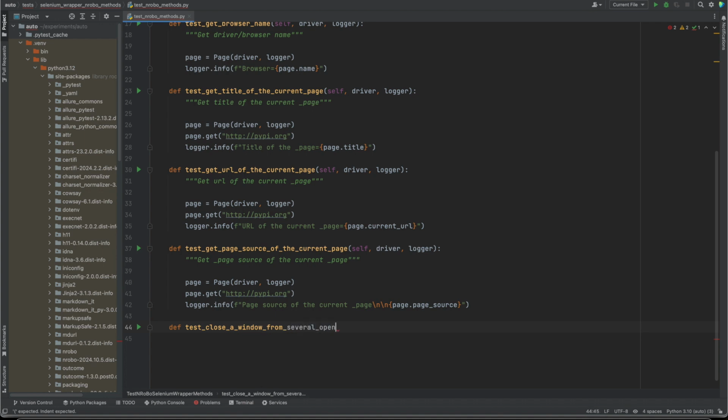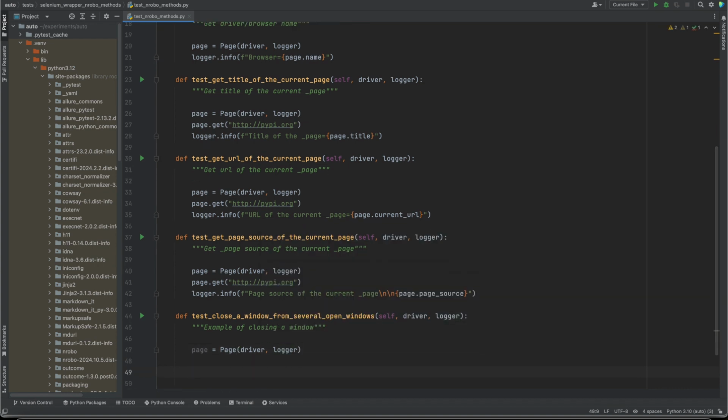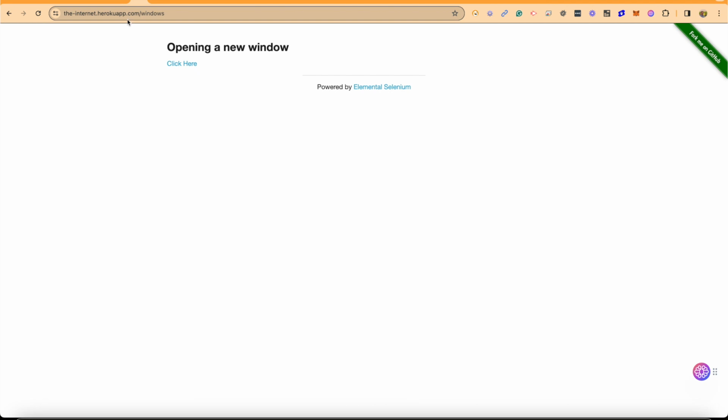form several open windows. Let's get driver and logger instance from nRoBo and add a doc string, example of closing the window. Let's create page object at first and pass in driver and logger instance created automatically by nRoBo, and then